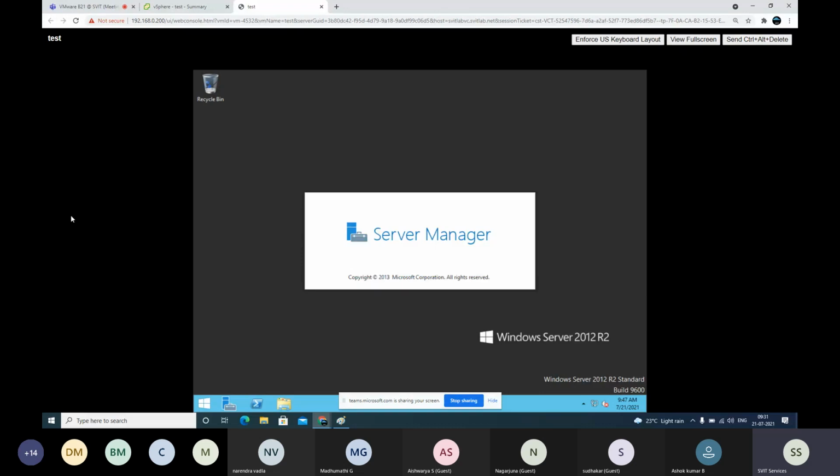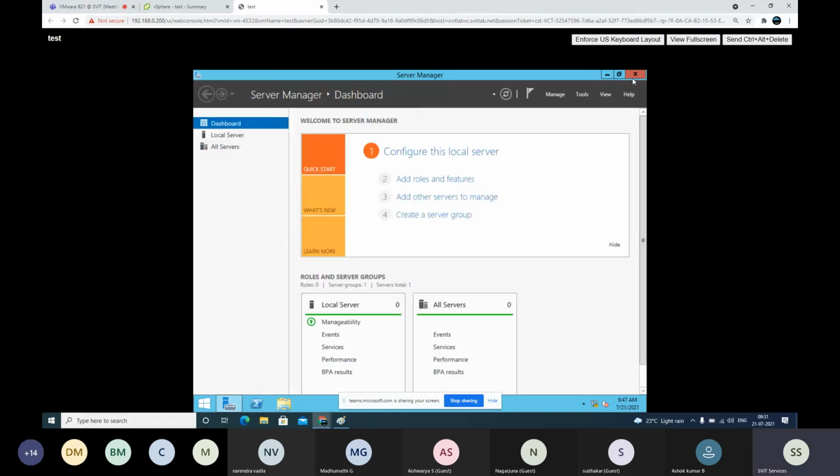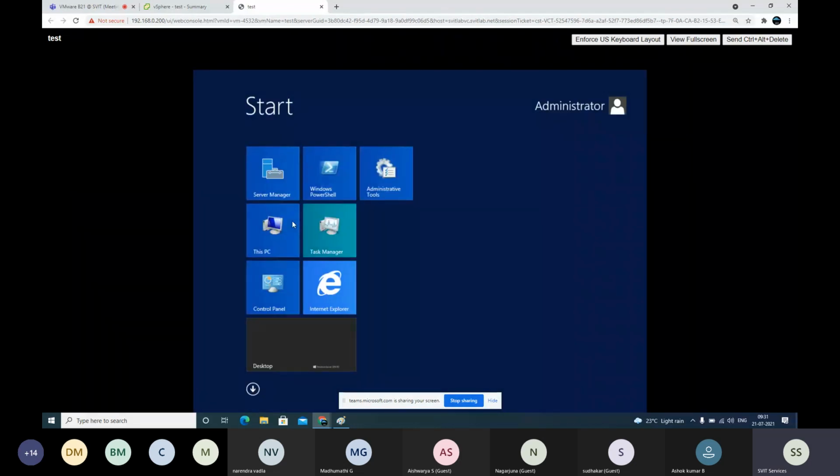See, even the mouse is not visible when I click inside. Even if it is visible, it will be very slow. See, outside only my cursor is visible. Inside it's not visible because the drivers are not there. We need to install drivers because our video drivers are not there. Sometimes it will show, but it will be very, very slow. It's functioning, but it is not visible. We have to use keyboard only.